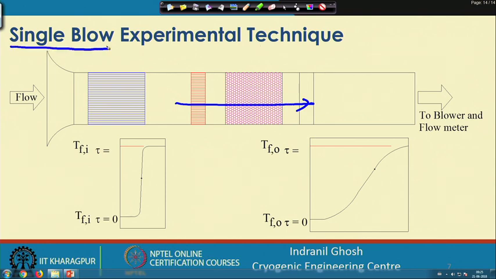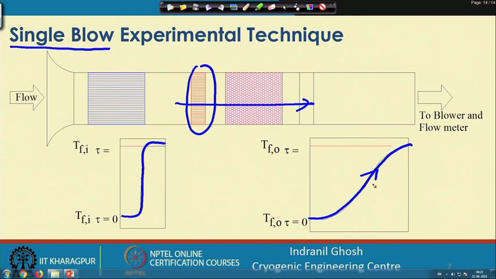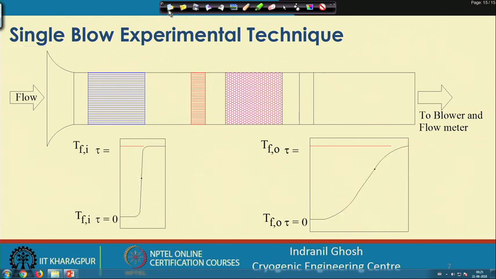technique. The same fluid will be flowing through, but as we have said, we have switched on the heater and its temperature is on the rise, and the temperature on this side will also be increasing with time before it becomes saturated or reaches a steady state. Now, if we suddenly switch off this heater, we will find that